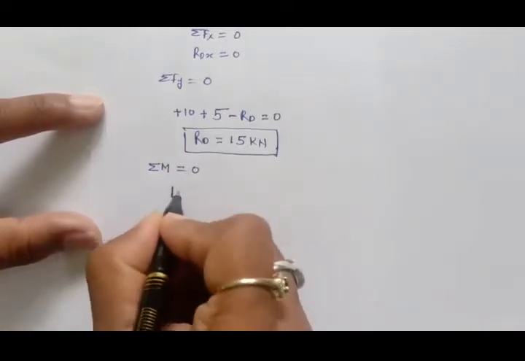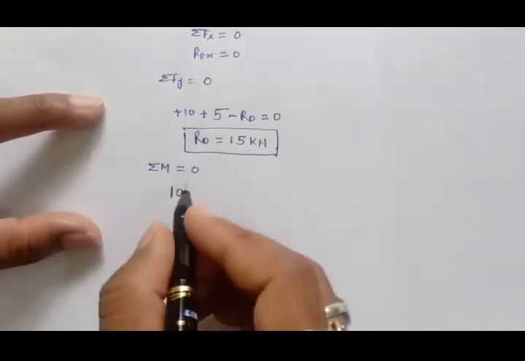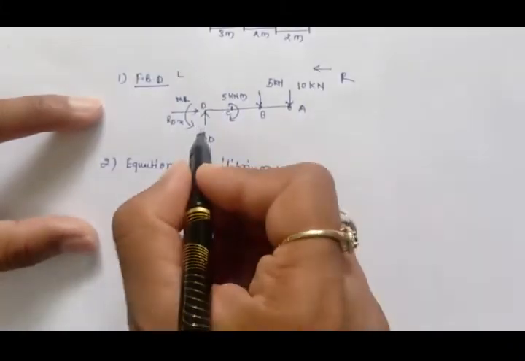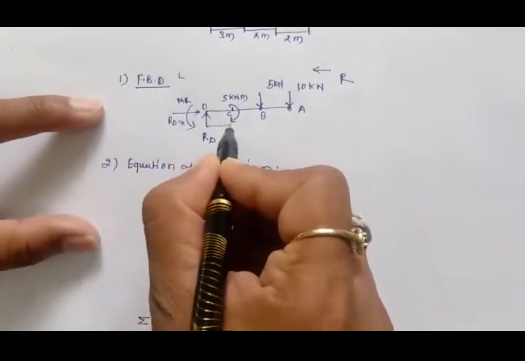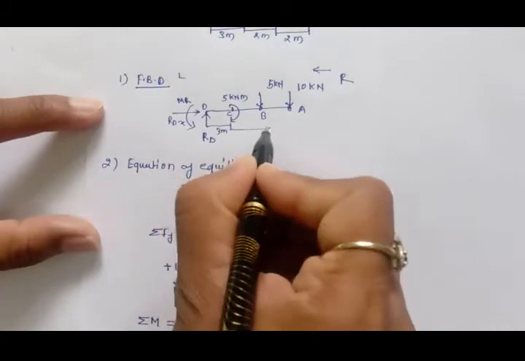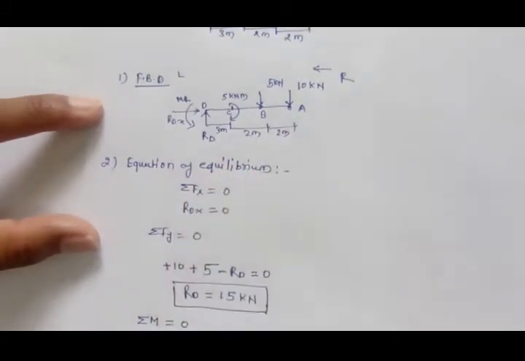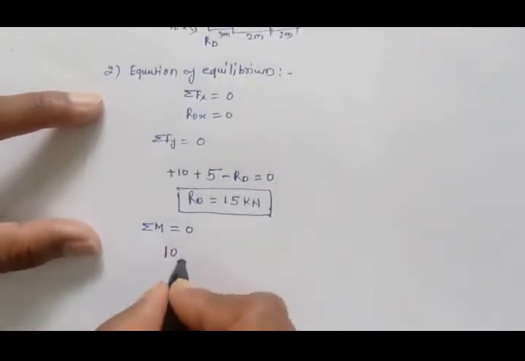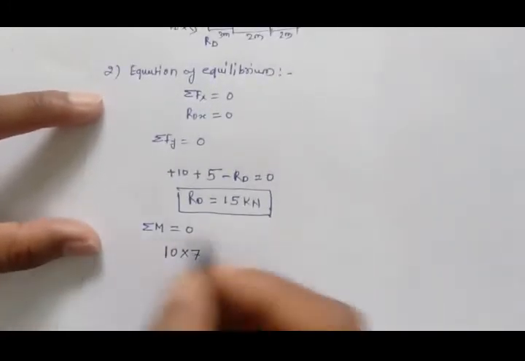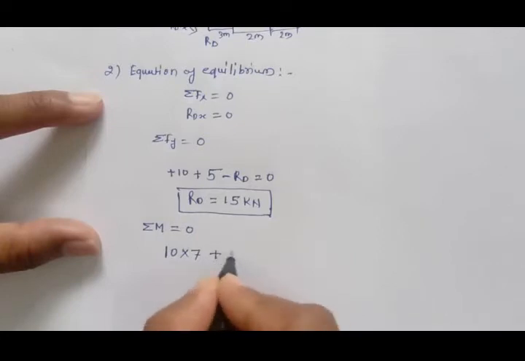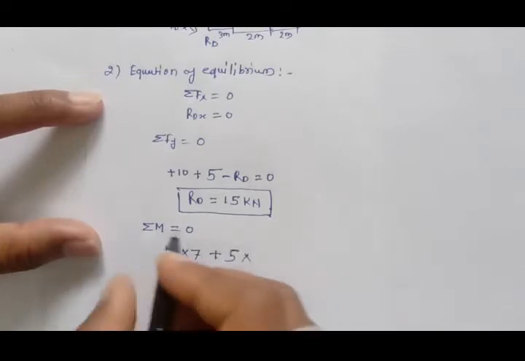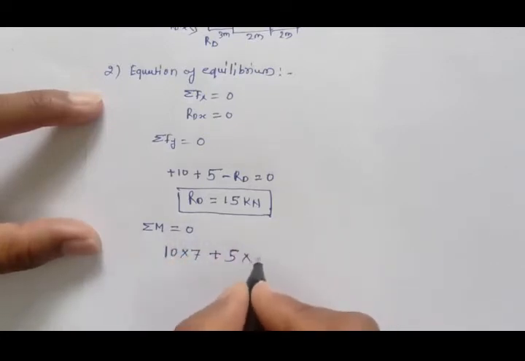So 10, clockwise, into the total distance, which is here to here 3 meter, here to here 2 meter, and here to here again 2 meters. So total is 7 meters. So 10 into 7, clockwise positive, then 5 clockwise into 3 and 2, 5 meter,